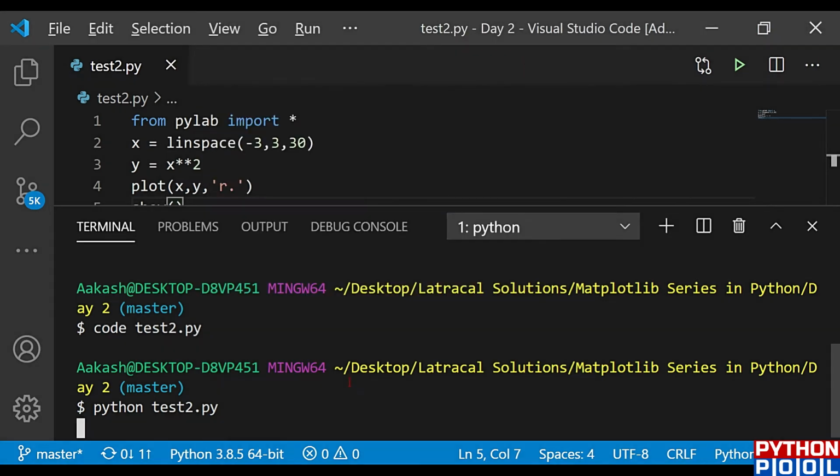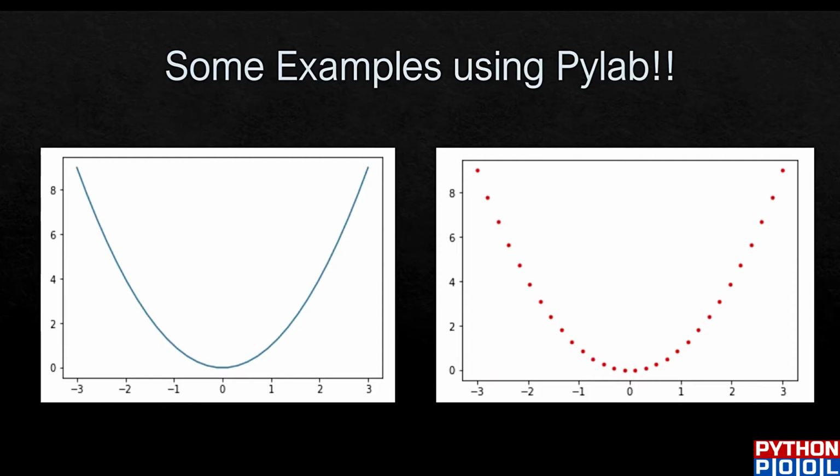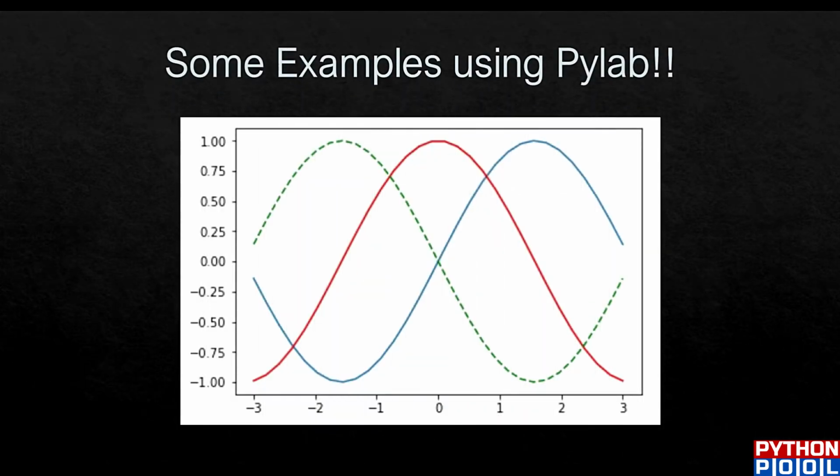Now another type of example we are going to see. We saw these two examples in Pylab. Now we are going to see this type of graph, which contains the normal graph, our color-specified graph, and our color-specified dashed graph. We can design multiple graphs in the same frame, in the same canvas, using Pylab.